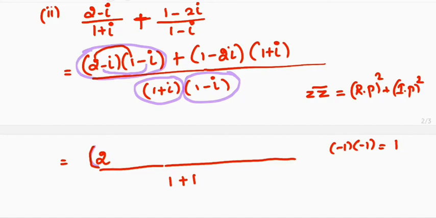So i into i is i squared, so 1 into i squared. The i squared value is minus 1, so the answer is minus 1. Or directly you can multiply the second term along with i: minus i into minus i, so minus into minus is plus i squared. I squared is minus 1. In this way also you can write it.